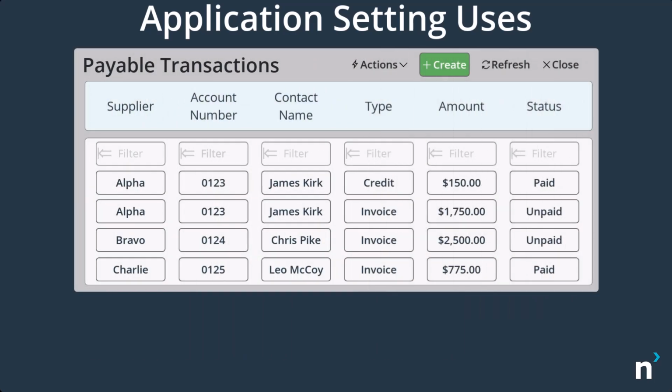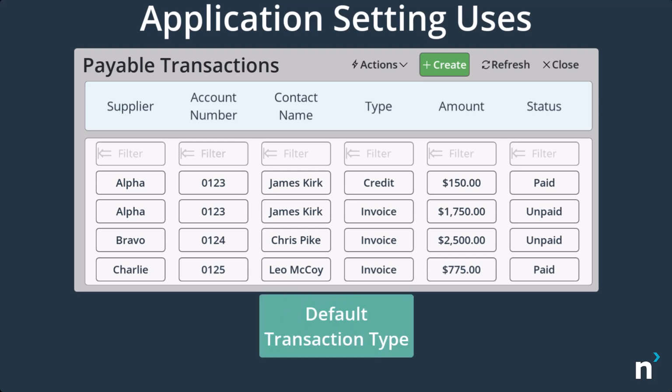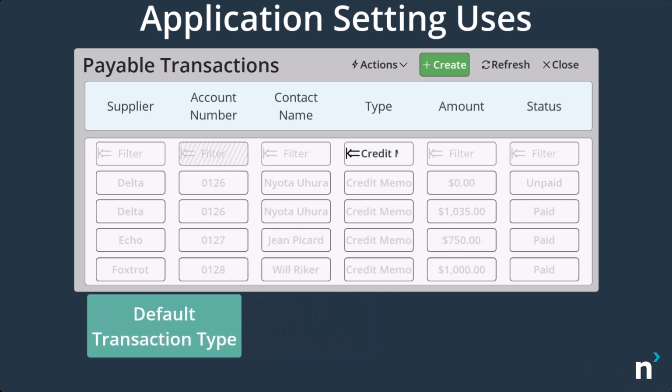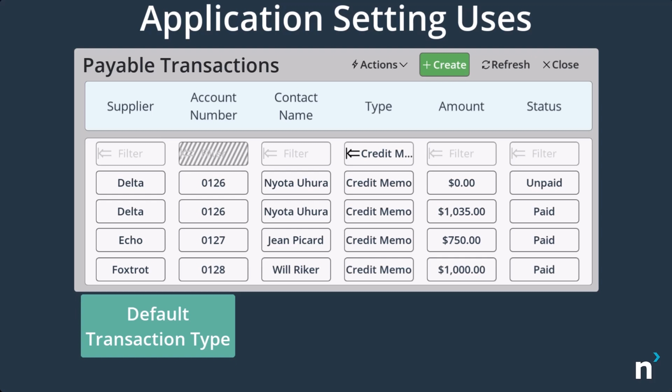One useful example of application settings could be for supplier credit memos, because these are built over a payable transactions table, which contains supplier credit memos and supplier invoices. Using an application setting, you can default the transaction type filter to credit memo and tag any new records as a credit memo by default.